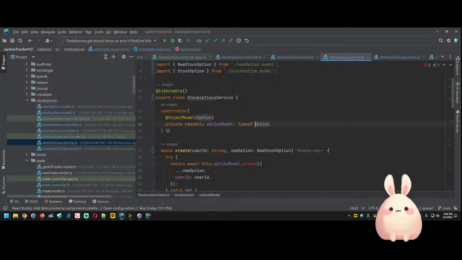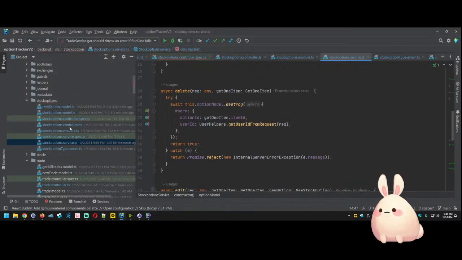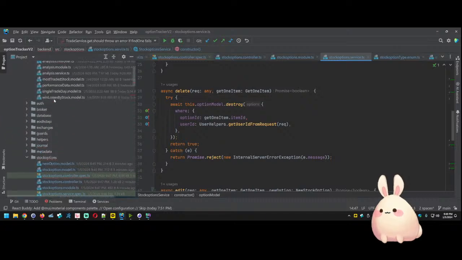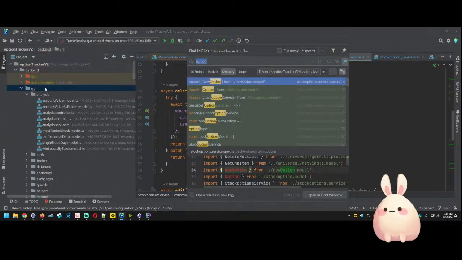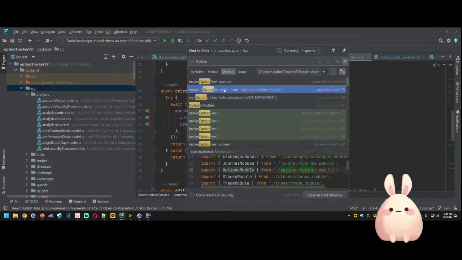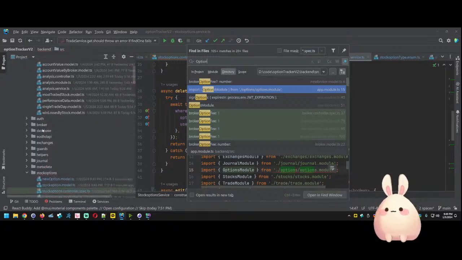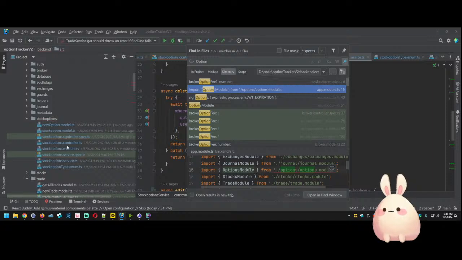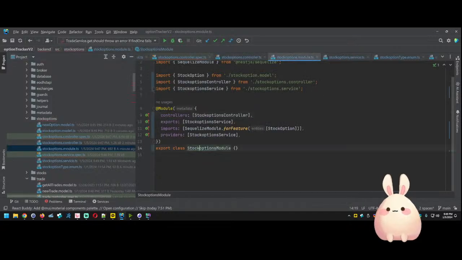Oh yeah, option model of type stock option, and that should fix all of you guys. Let's then look for all of the places where we have the word option in our source. Options module. So you should now be stock